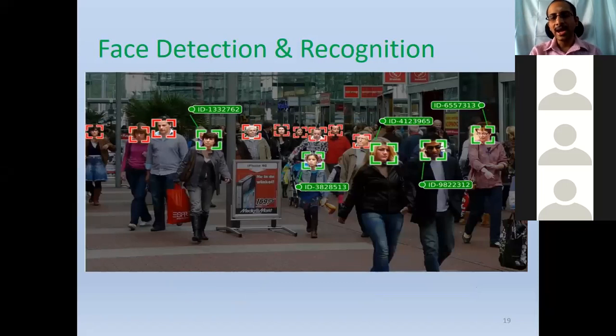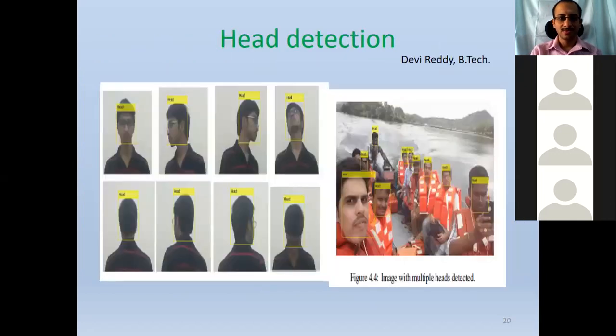Face detection, okay, and recognition as well. These are done conventionally using many of the computer vision features before. I will tell some of them. So image processing and computer vision were widely used before, but now machine learning, in fact deep learning, takes a greater role in doing this much more accurately.